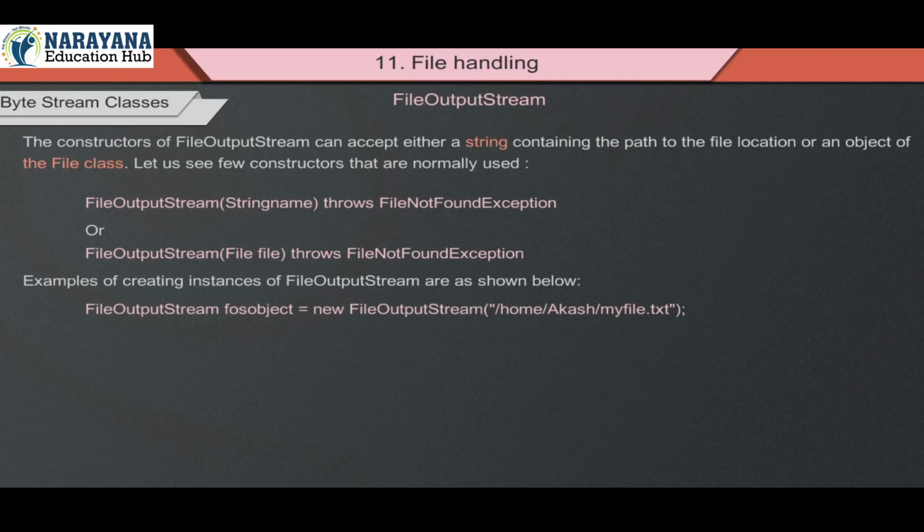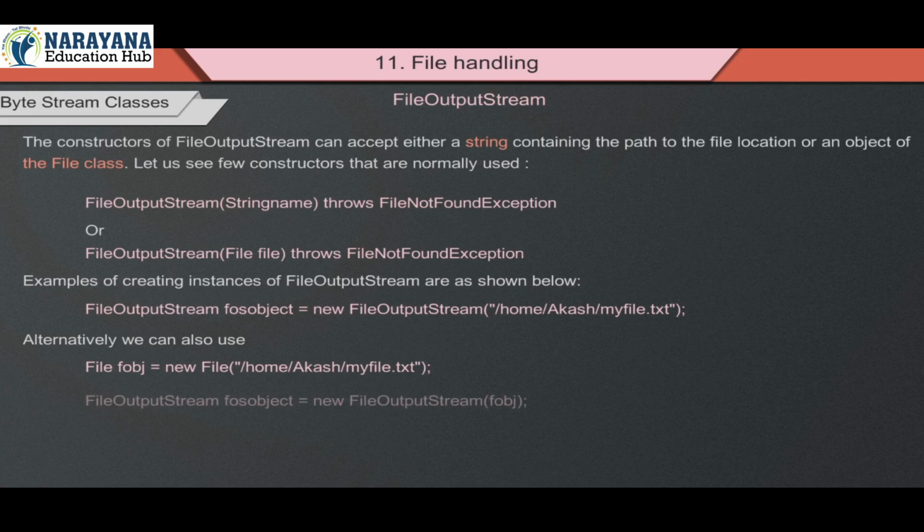FileOutputStream fosobject = new FileOutputStream("/home/akash/myfile.txt"); Alternatively, we can also use File fobj = new File("/home/akash/myfile.txt"); FileOutputStream fosobject = new FileOutputStream(fobj);